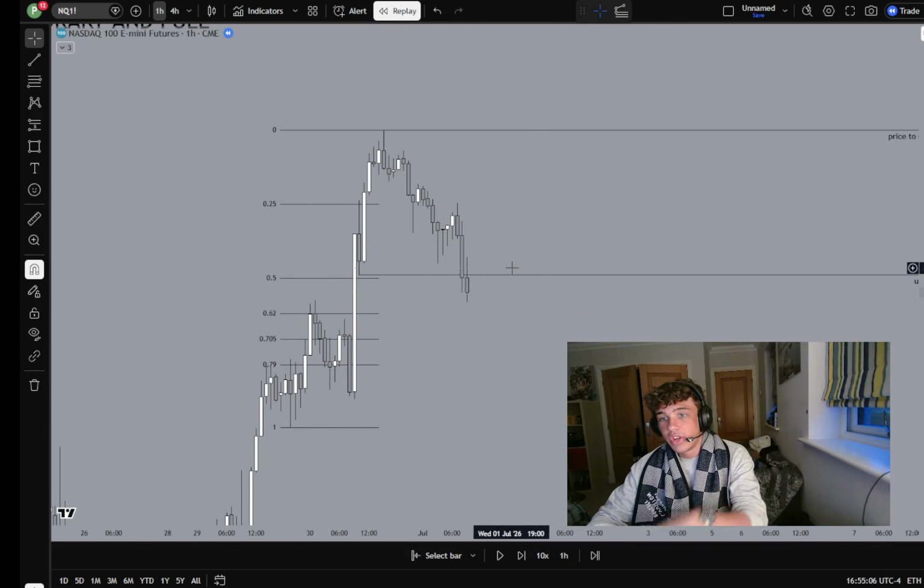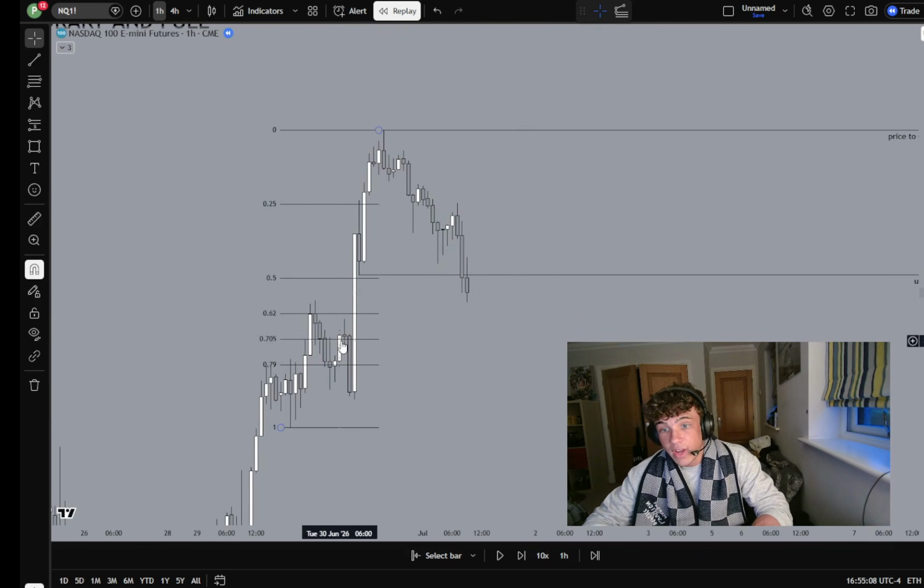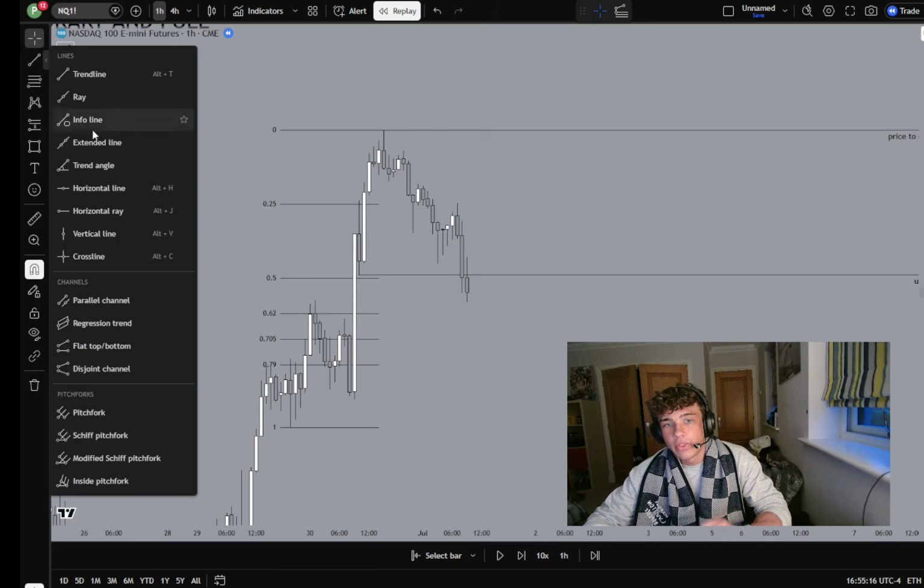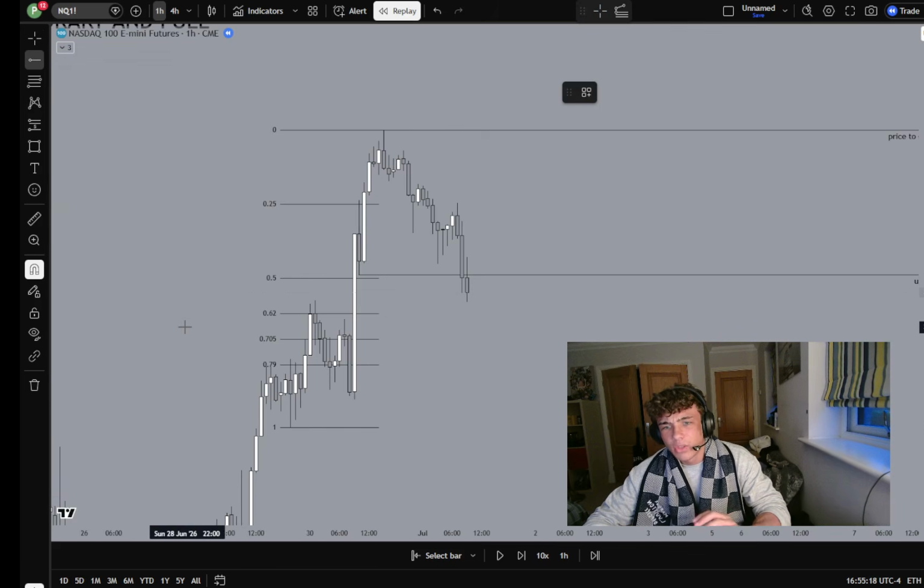If you're looking at a bullish range, what do we have? The 705, the 62, and the 79 all look relatively convincing. So you've got to pick the most perfect OTE level to take that trade with quite a big stop loss in this volatility in this range of a market. Okay. The 705 was the level I chose. Okay, let's go. Why did I choose the 705 in this range?